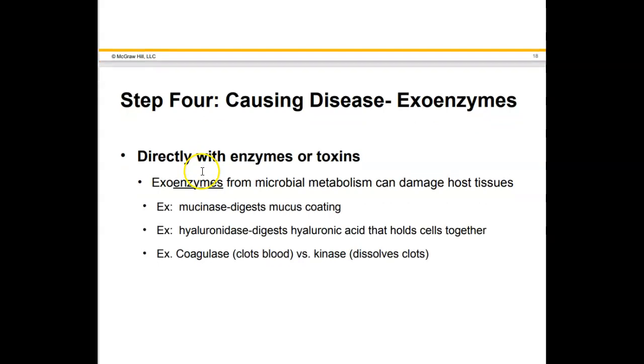All right, so some bacteria are able to secrete enzymes into their immediate environment, and these are called exoenzymes because they're going outside. They're being secreted to the outside of the pathogen's body. And these are part of their normal metabolic